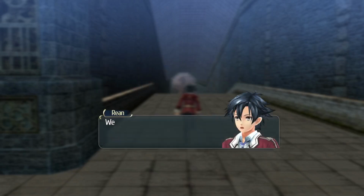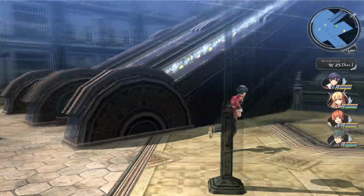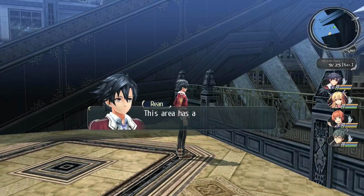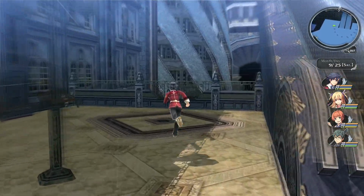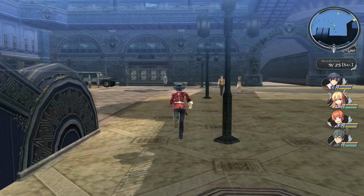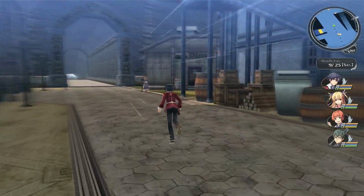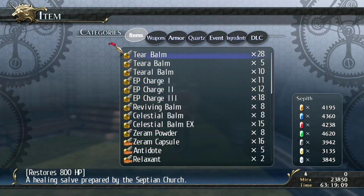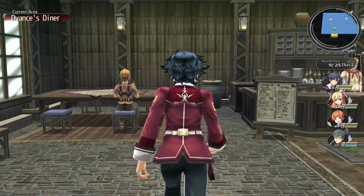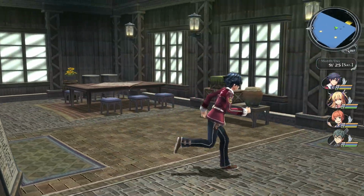This is the mountain path that leads to the Shaston Iron Mine. Well, we don't have any requests that would take us there, so we should probably back off for now. Okay, that's fine. Yep, doesn't look like any problems right here. Can we go into the station? Nope, okay. Okay, nothing wrong here. Yeah, we are indoors, so...